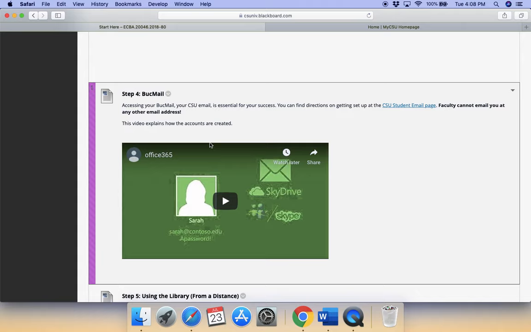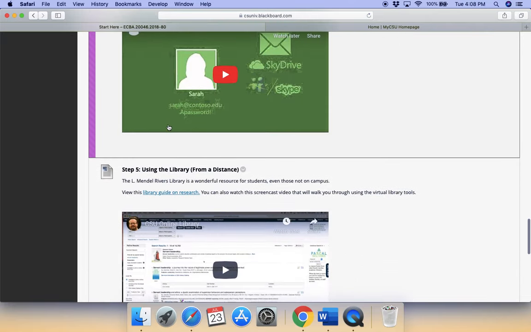This is really, really important because once the class starts, you will not receive anything at your personal email address. We're not allowed to. The federal government does not allow us to send information to a student's personal email account. You have to send them to their CSU email account. So make sure that this is set up. Not only make sure that it's set up, but make sure that you check your emails every day. So again, I would encourage you to put this on your smartphone as well, so you'll understand when you